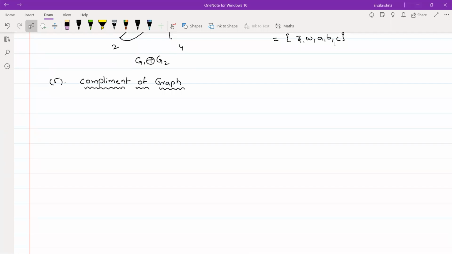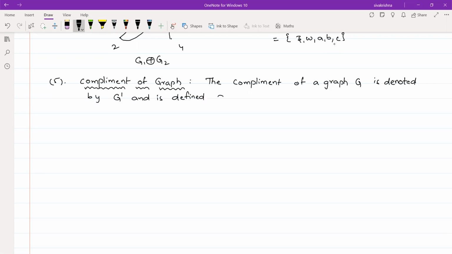complement of graph. So coming to the definition, the complement of a graph G is denoted by G dash and is defined as a simple graph with the same vertex set as G. It means whatever the vertices present in G, those vertices should be present in the complement of the graph G. It means in G dash also we have the same vertices as G,